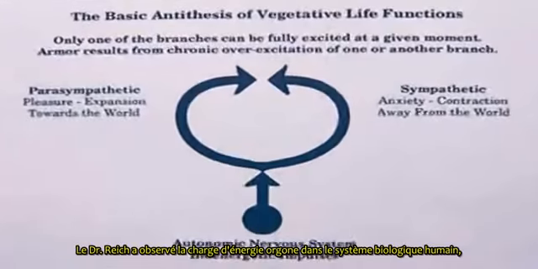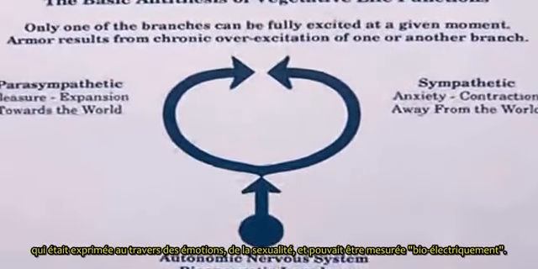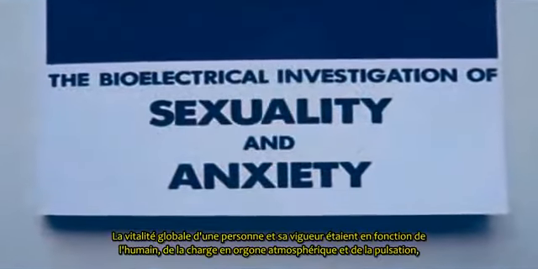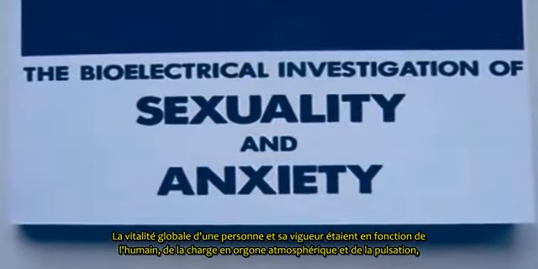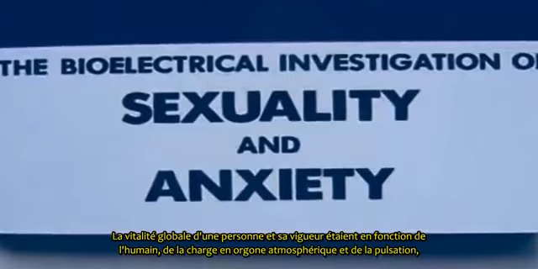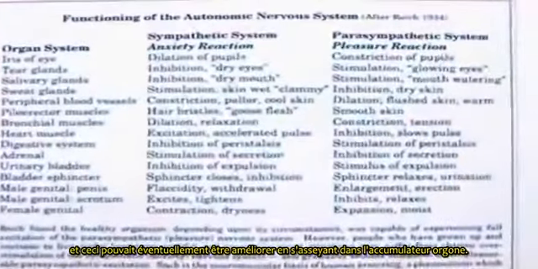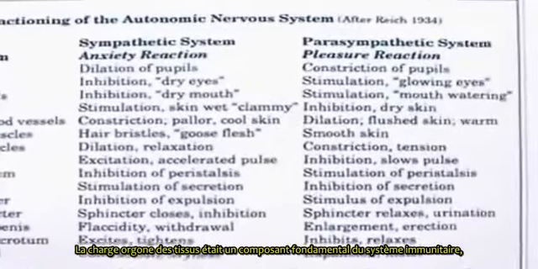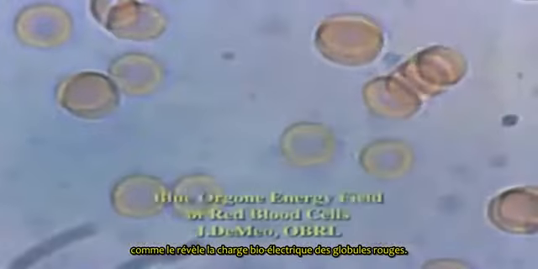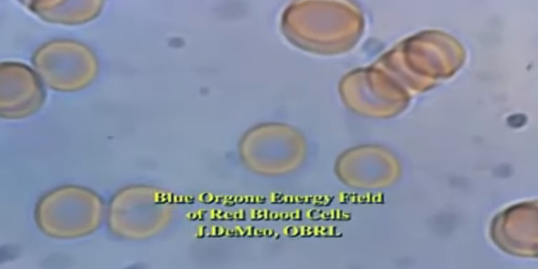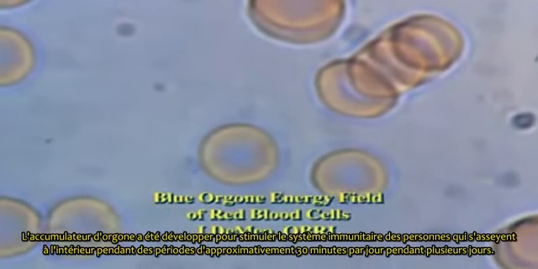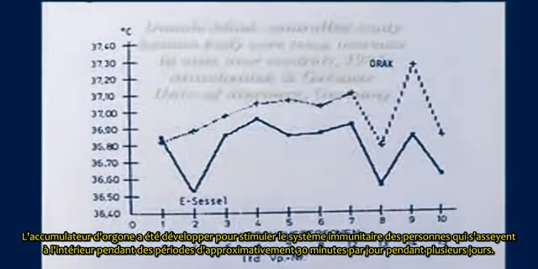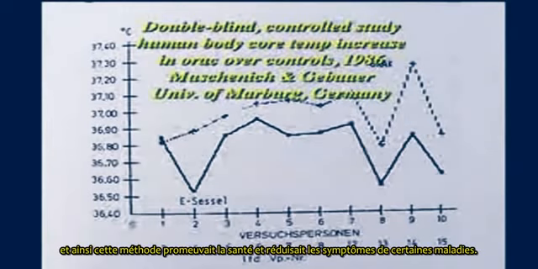Dr. Reich observed the orgone energy charge in the human biosystem was expressed in emotion and sexuality and could be measured bioelectrically. A person's overall vitality and aliveness was a function of human and atmospheric orgone charge and pulsation, and this could often be increased by sitting inside the orgone accumulator. Orgone charge of the tissues was a fundamental component of the immune system, as revealed in the bioelectric charging of red blood cells. The orgone accumulator was found to boost the immune system of people who sat inside them for periods of approximately 30 minutes a day over many days, and to thereby promote health and reduce the symptoms of some diseases.